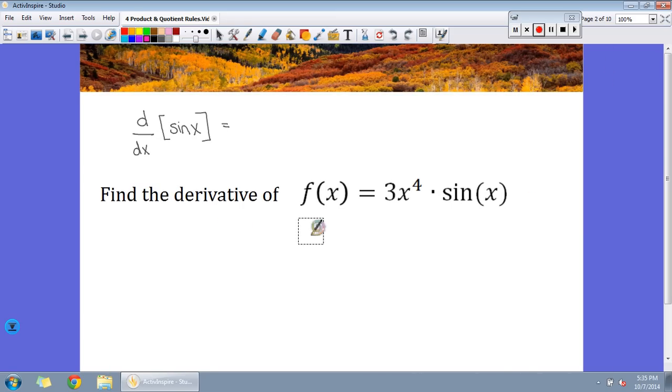So we want to be able to find the derivative of f of x equals 3x to the fourth times sine x. In order to do this, we're going to need to know what the derivative of sine x is. It is cosine x. So it would be a good idea if we were to label this one, say, h, and this function g, and then